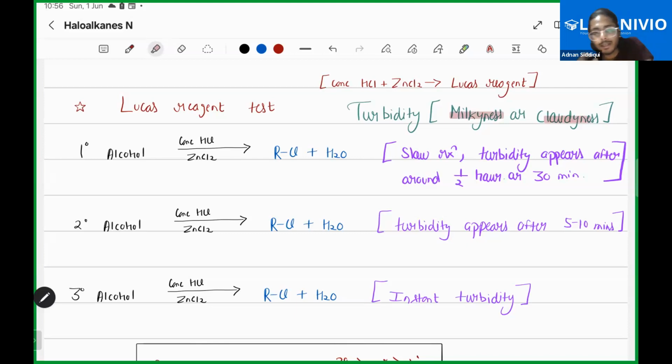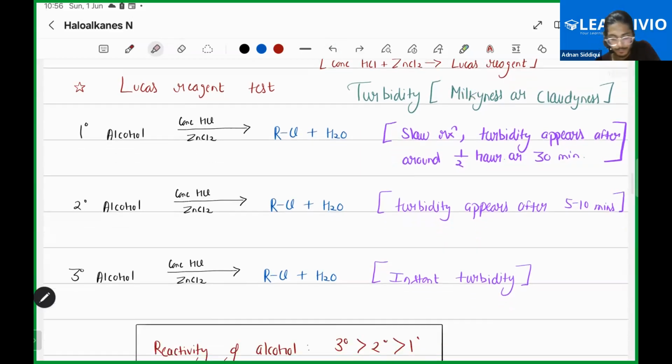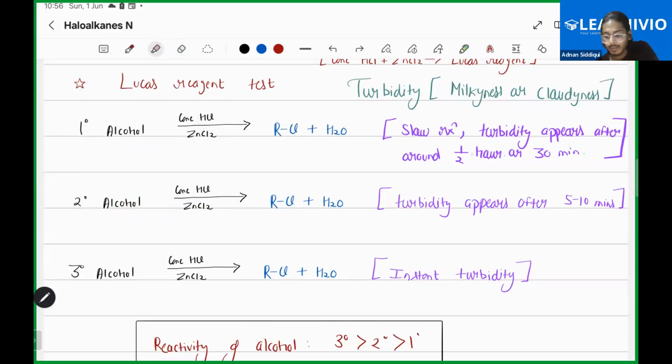You will see some whitish type of clouds in your test tube, right? If that turbidity happens after around half an hour, like you have transferred your reagent and after an hour or half hour you are observing this cloudiness in your test tube, then you will say this alcohol is